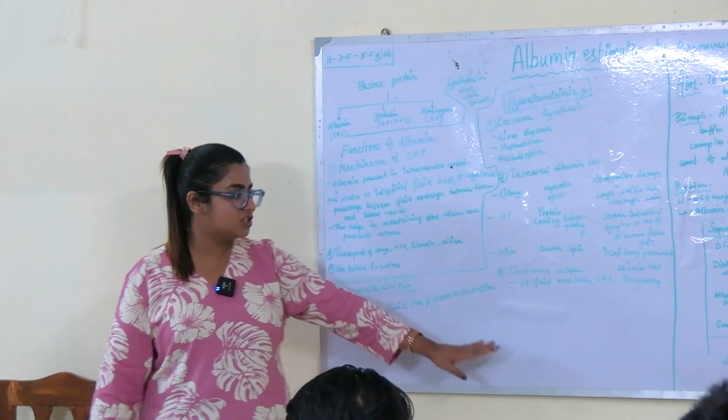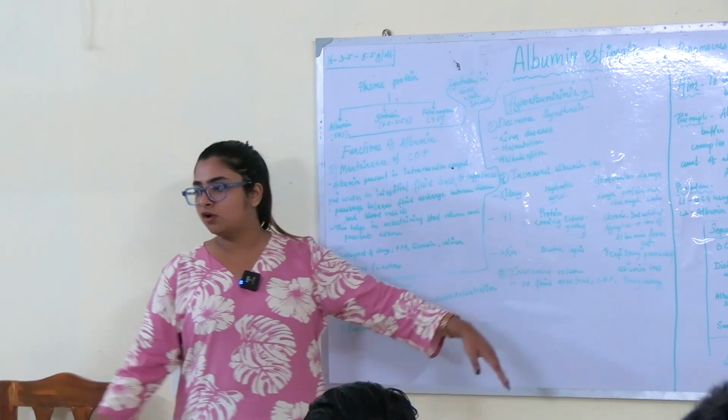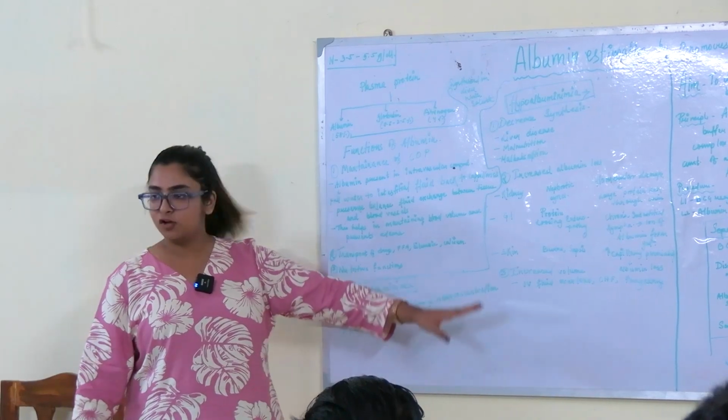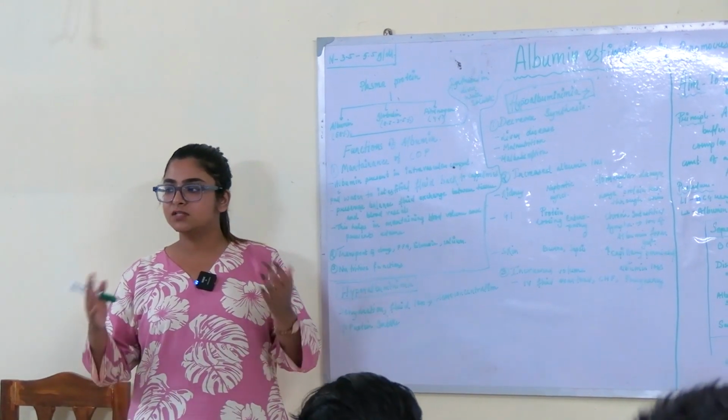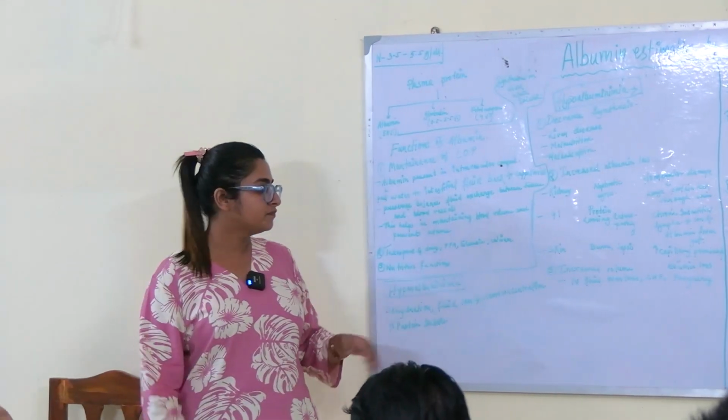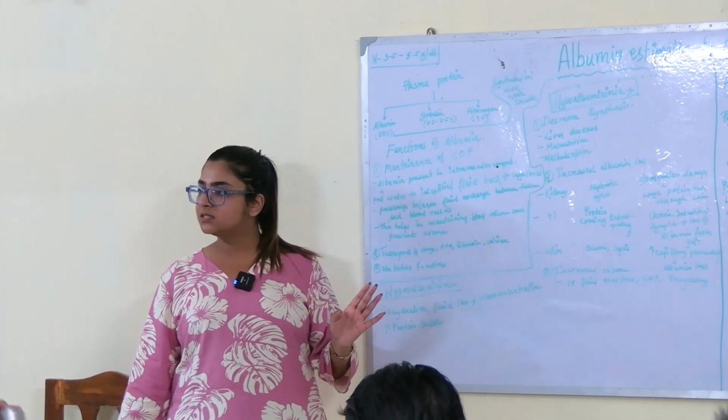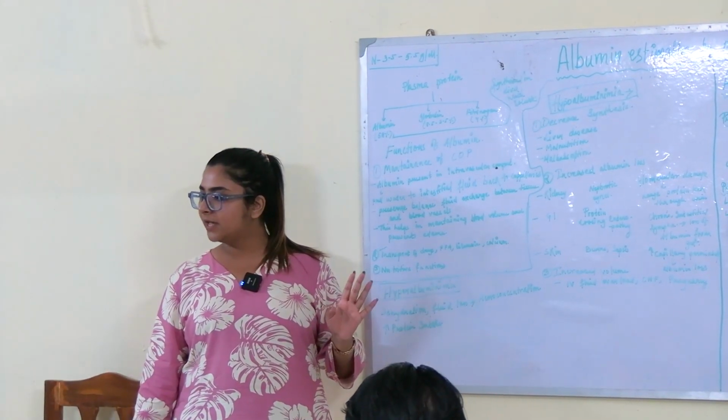Okay, and CHF and IV fluid overload, all these hypervolemic states, less albumin can be there in our body because of volume overload. Okay, understood hypoalbuminemia, all the reasons, all the causes? Understood? Any doubt?